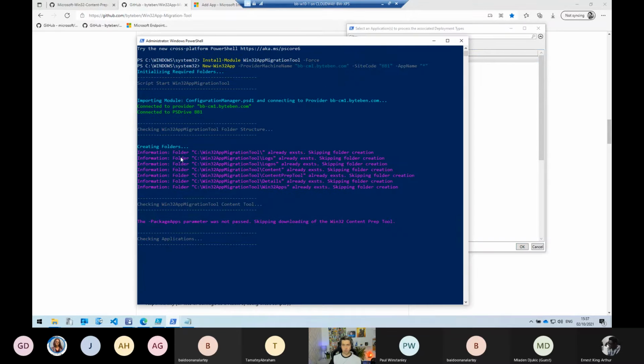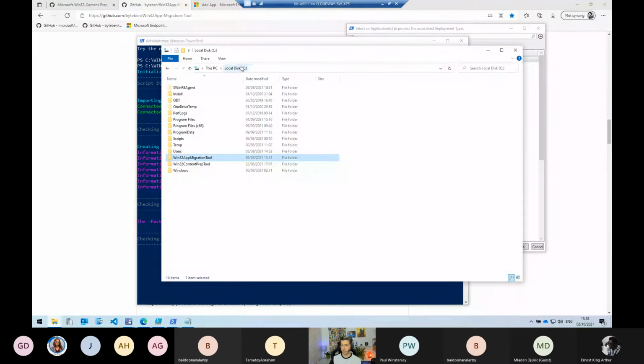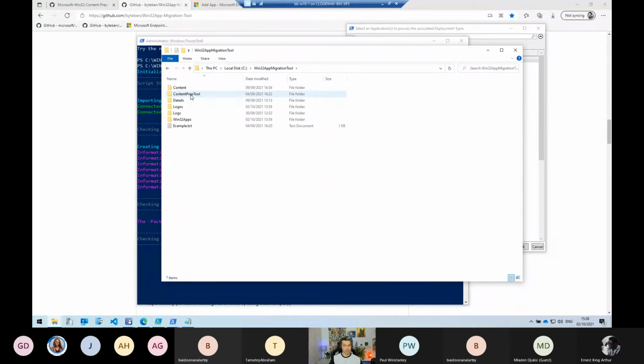But the tool is going to create a folder structure. It's going to create it on the C drive, the machine that you're running the tool from. You can specify a different folder. There is a parameter to do that. But it's going to create a Win32 app migration tool folder in the root of your C drive. And there's going to be some other folders in there. So when we run through the tool, all of our logos are going to be put into this folder. All of the Intune Win files that we create are going to go into this folder. And then we've got a logs folder, which is our main log file, so we can actually see what's been